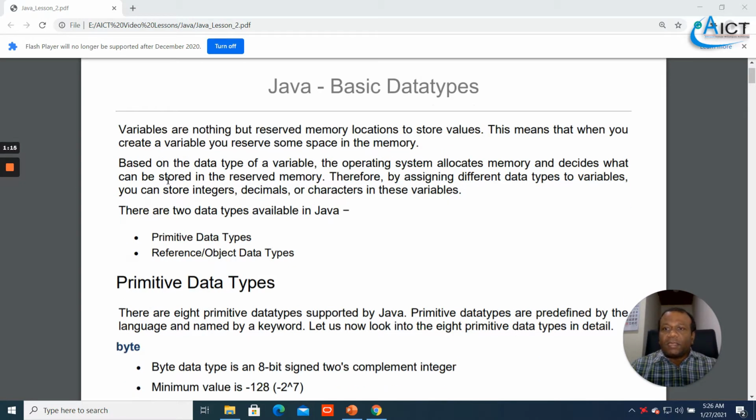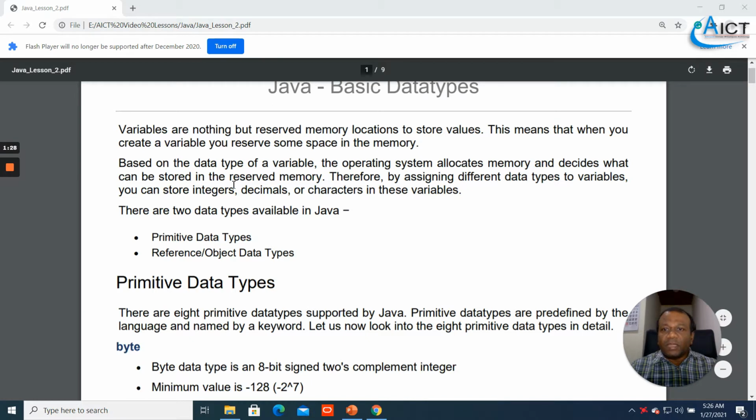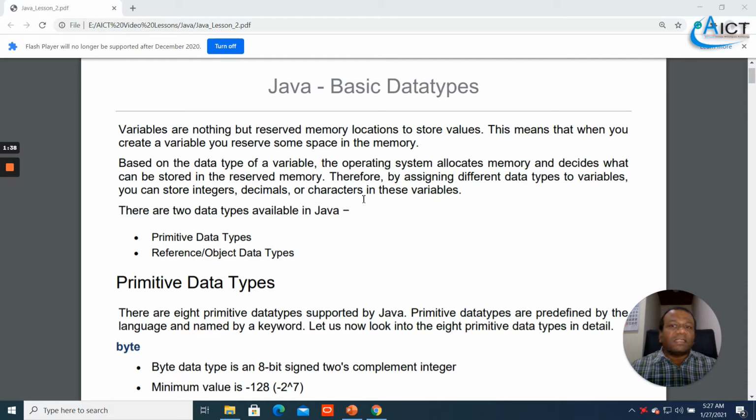So the memory is based on the data type of a variable. Right? So based on the data type of a variable, the operating system allocates memory and decides what can be stored in the reserved memory. Therefore, by assigning different data types to variables, you can store integers, decimals, or characters in these variables.